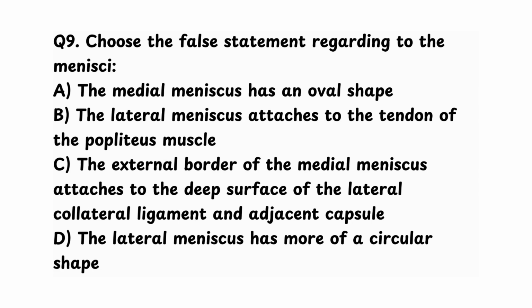Question number 9. Choose the false statement regarding the meniscus. A. The medial meniscus has an oval shape. B. The lateral meniscus attaches to the tendon of the popliteus muscle. C. The external border of the medial meniscus attaches to the deep surface of the lateral collateral ligament and adjacent capsule. D. The lateral meniscus has more of a circular shape. And the correct answer is